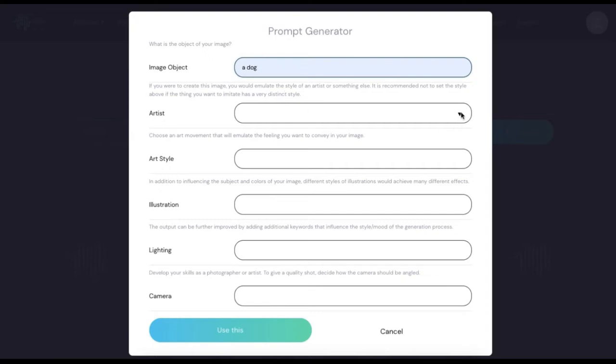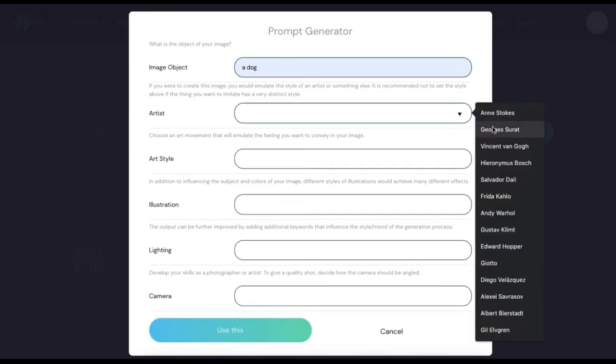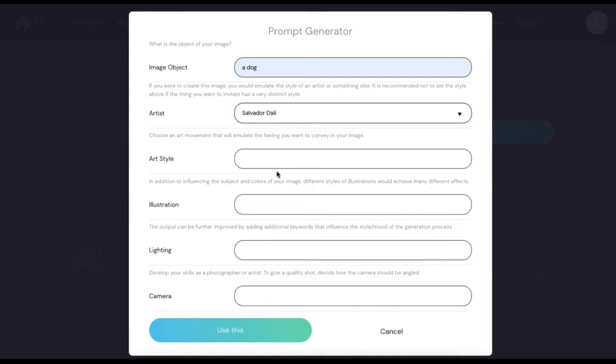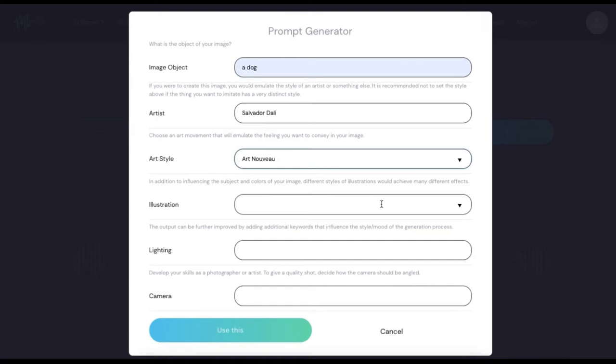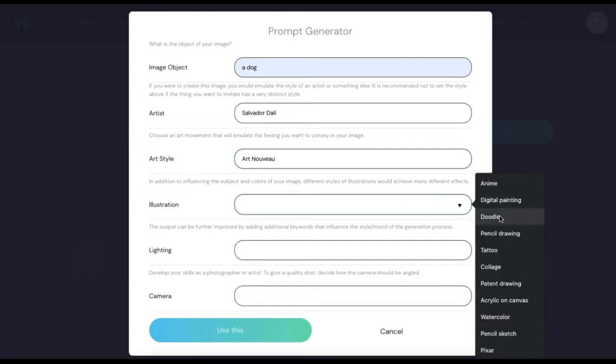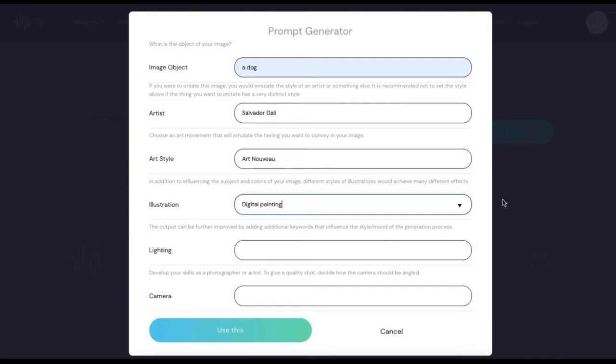And then artist. So you want your image to look like Frida Kahlo's work. You want it to look like Andy Warhol's work. Do you want it to look like Salvador Dali's work? So you click that. Art style, same. You choose from all the options here. Let's say I want Art Nouveau. If you want illustration as well, you select that here. Let's go with digital painting,